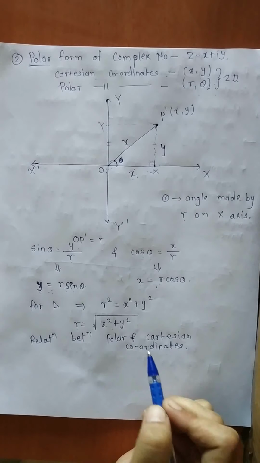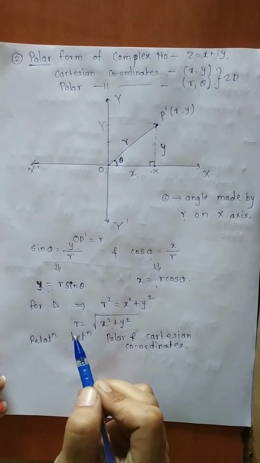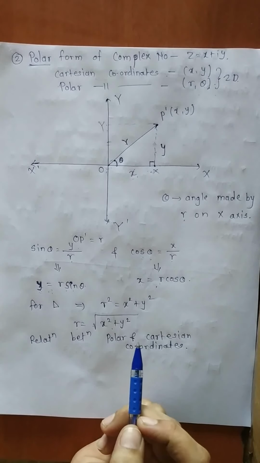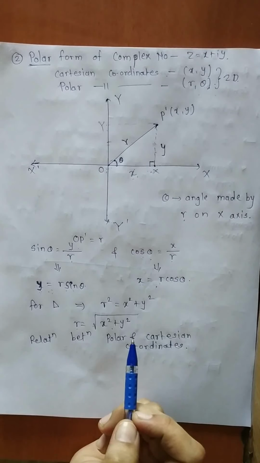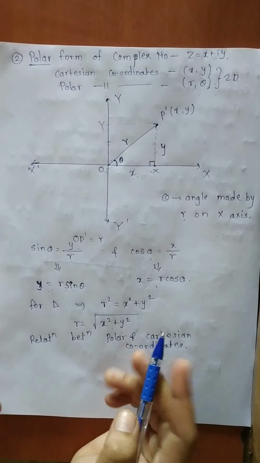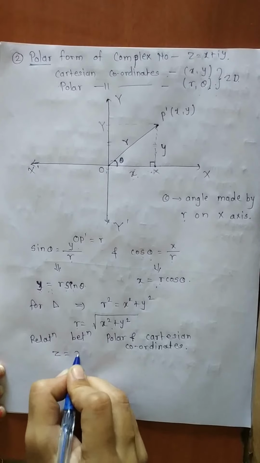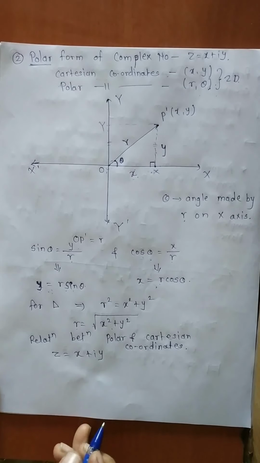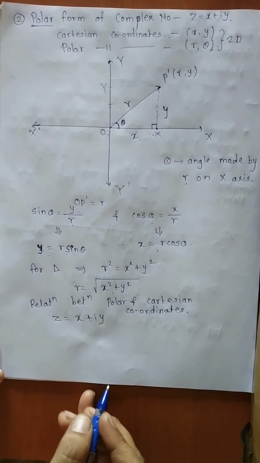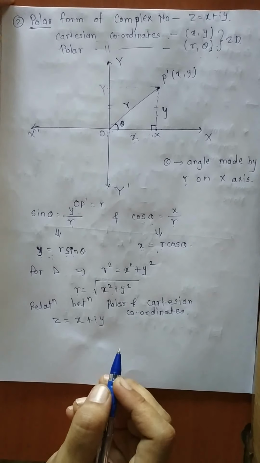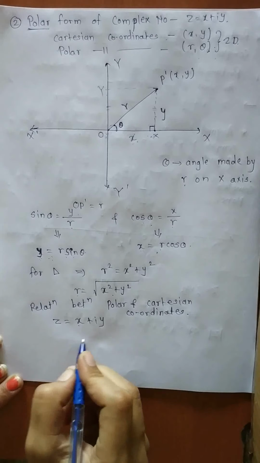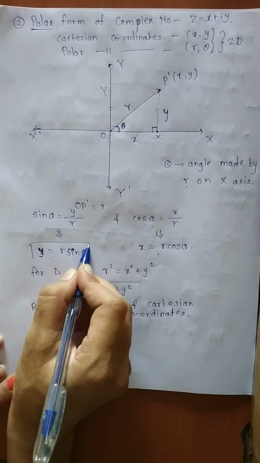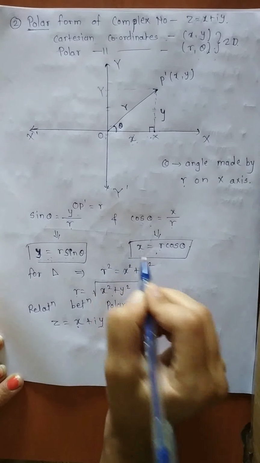Okay, that is the relation between x and r. Now using polar coordinates r and theta, a complex number z corresponding to point P is given by, generally in Cartesian we represent a complex number as z equals x plus iy. Now suppose we have to convert this into polar form. We have the relation between Cartesian and polar coordinates, that is, the values of x and y.